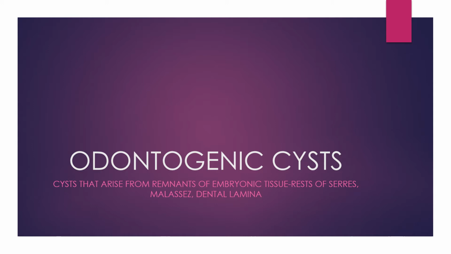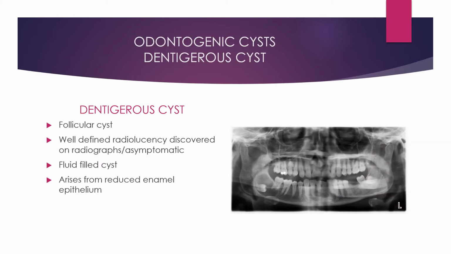Odontogenic cysts are those that arise from embryonic elements. The dentigerous cyst is also considered to be a follicular cyst. Its source is the reduced enamel epithelium. It is a well-defined radiolucency discovered on radiographs and is usually asymptomatic. When it is excised, it is fluid-filled,